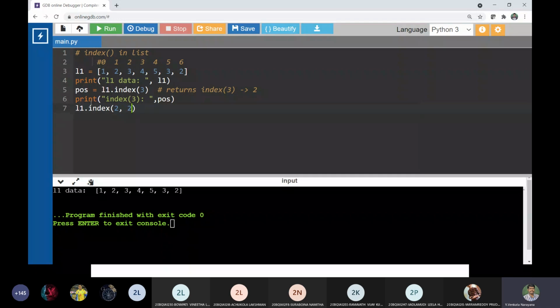Previously I did not mention any start or end, so what are the default values? 0 up to the length of the list minus 1. Here I am just specifying the starting value, but the ending value is not mentioned, so the end value will be taken as the length of the list minus 1. In this case also the position will be returned.